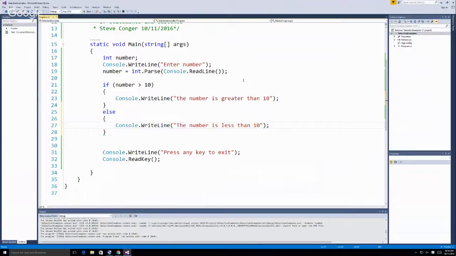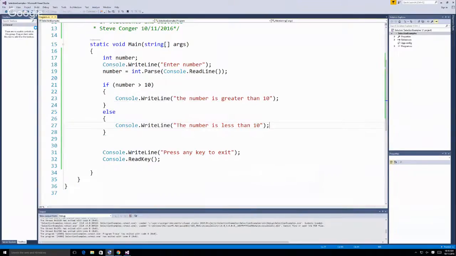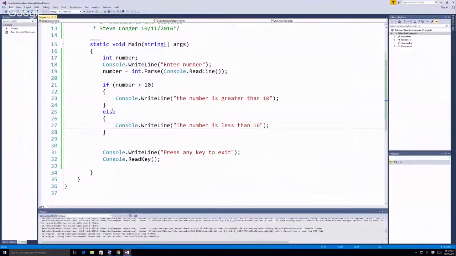So I want to show you this, and then we'll have one more expansion on this. So when I run this, let me zoom. Can't see that. All right, so I'm going to enter a number, and I'll enter 5. That says that the number is less than 10. That's correct. But if I enter 10, what is it going to say? The number is less than 10, because we said the other one was greater than 10, right? So in order to handle that condition,